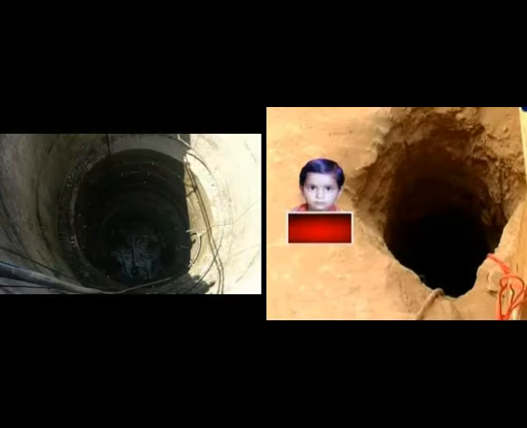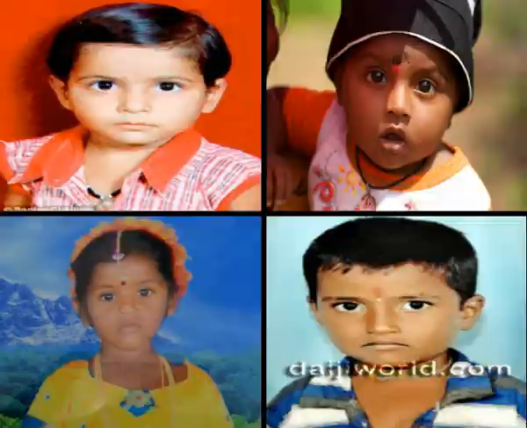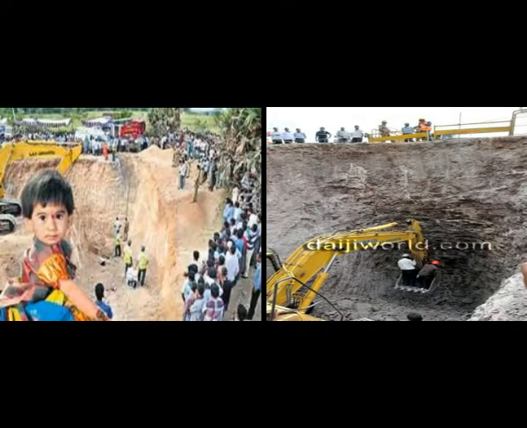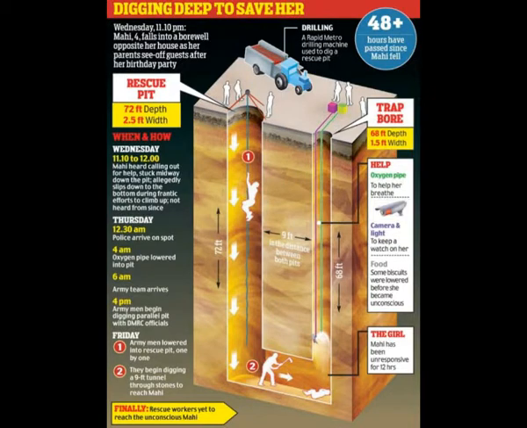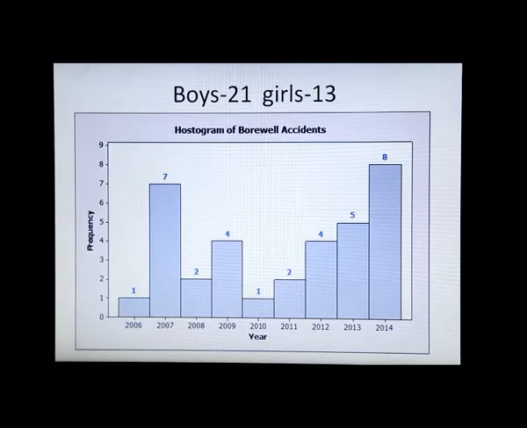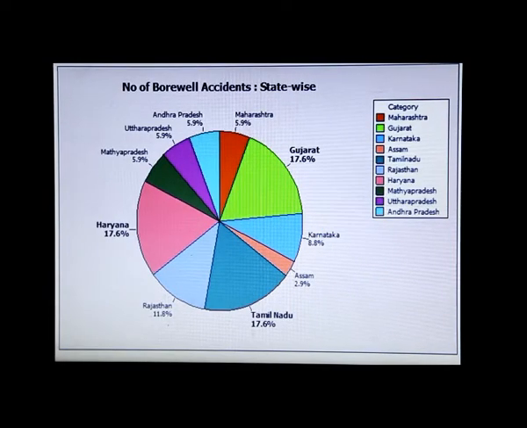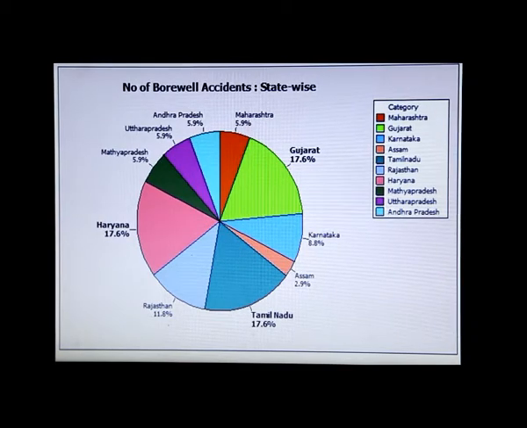These are borewell holes that children might fall into. Few children have died in borewell accidents. The existing process is very risky and takes more time to rescue the child. It involves more manual work and very risky operations. In this process, digging a parallel hole next to the borewell takes more time and is more risky. It may cause the child to go deeper due to the weight. Every year, the death rate is increasing. In India, most borewell accidents happened in Tamil Nadu, Gujarat and Haryana.